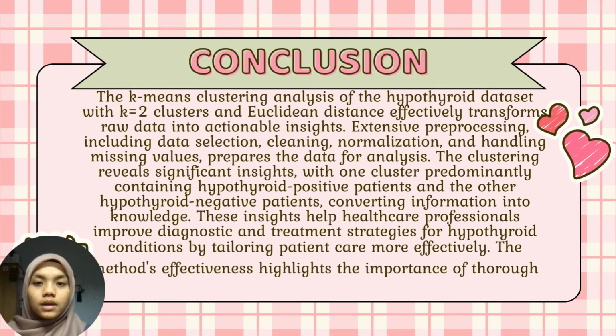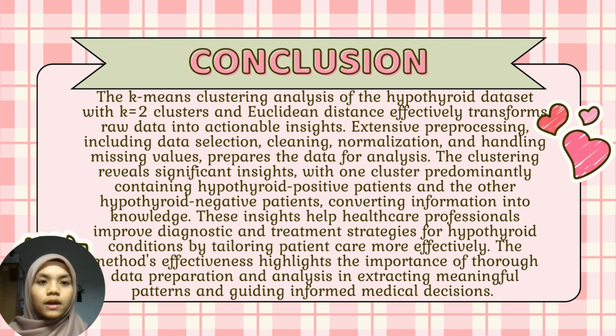That's all. In conclusion, the k-means clustering analysis of the hypothyroid dataset with K2 clusters and Euclidean distance effectively transforms raw data into actionable insights. Extensive preprocessing, including data selection, cleaning, normalization, and handling missing values, prepares the data for analysis. The clustering reveals significant insights, with one cluster predominantly containing hypothyroid positive patients and the other hypothyroid negative patients, converting